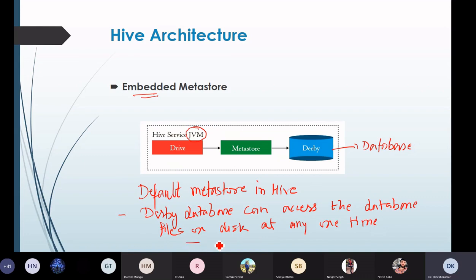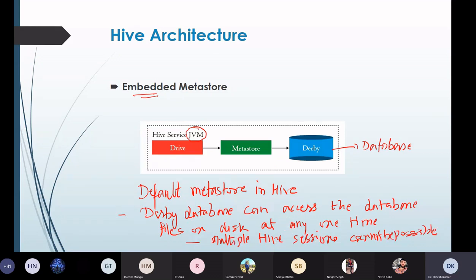That means only one Hive session can be open at a time, and multiple Hive sessions cannot be possible. So this is the limitation.